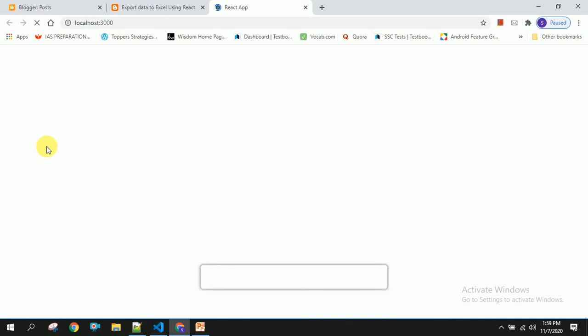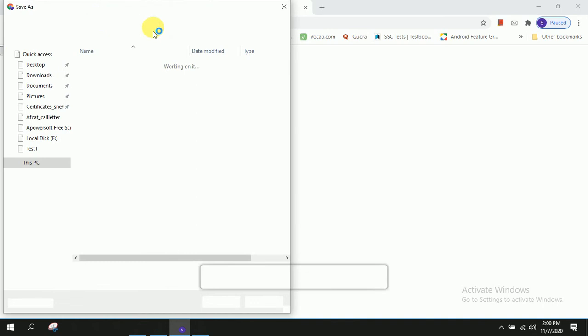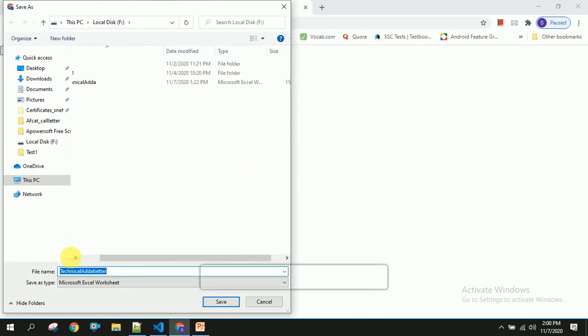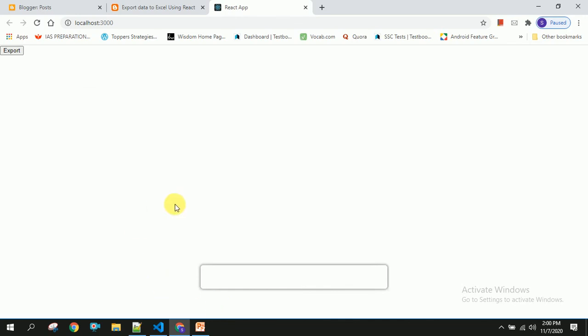So based on your requirement, if you have the table data, you can show here, and you can show this export button above this table, and once we click on that, we will be able to export the table data. So once I click on that, you should see this one. You can see this, whatever the name we have given, you will be able to see here, and I am saving this, and in the file system it has to show that file with the Excel xlsx.